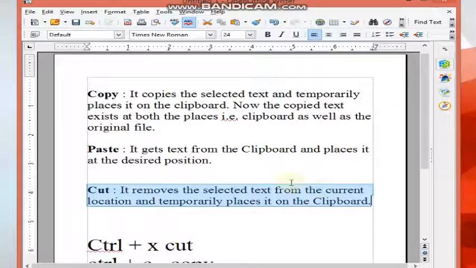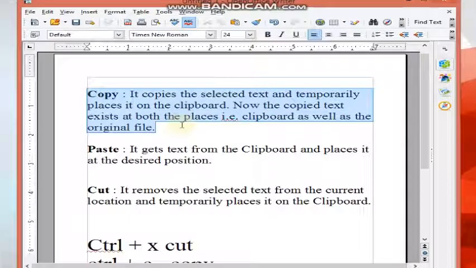Okay, so this is the way to cut the text from one location and paste it in another position. Now let's see how copy is done. First select the text to copy, and I will copy the same text and paste it here.